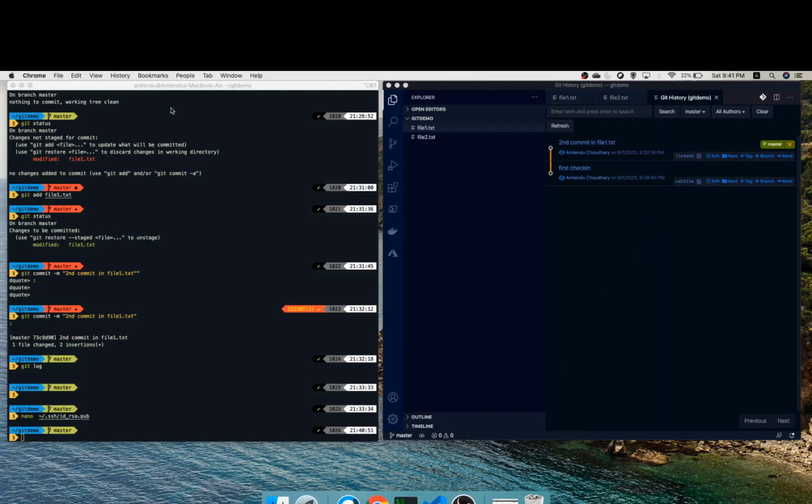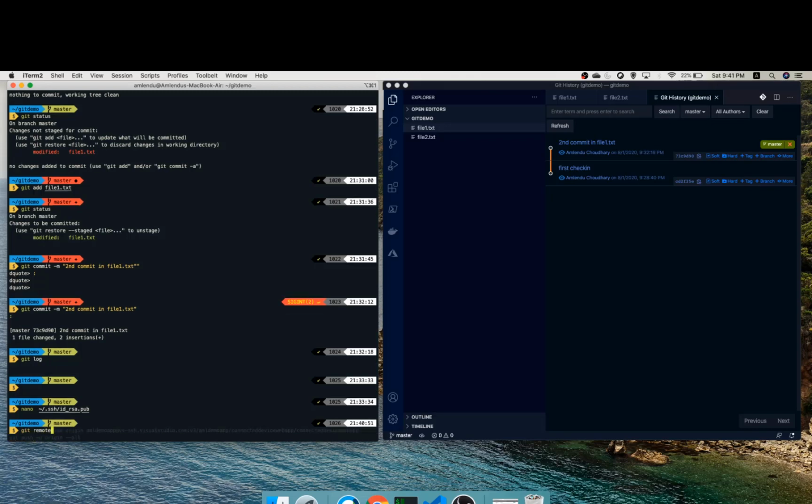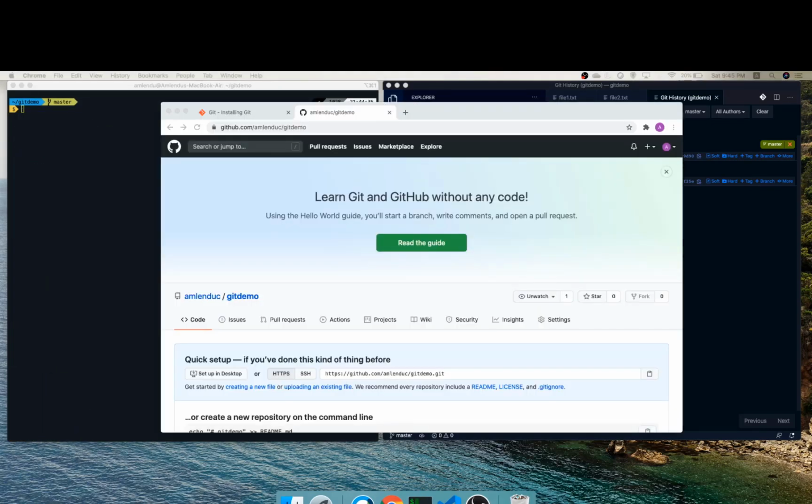Now how can we add our remote repository? What we are going to do next is add this remote repository with git remote.